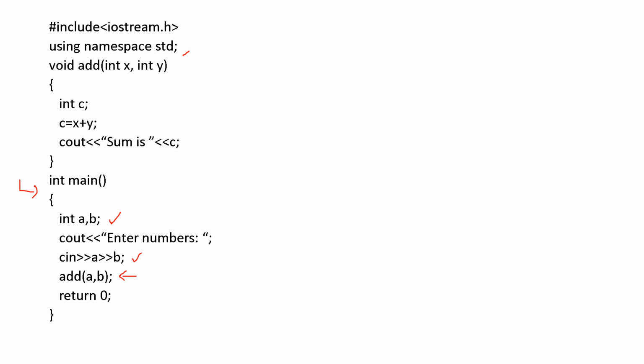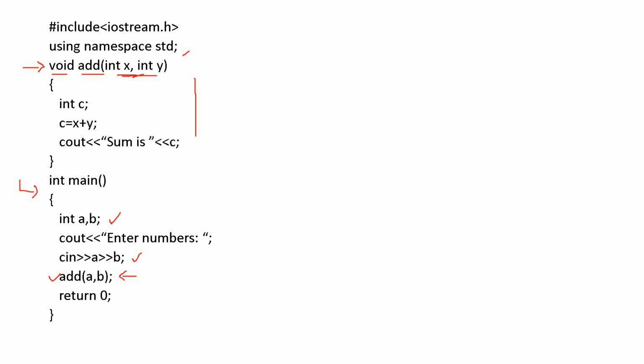The compiler will search for the function definition. Here the function has been defined, with void as the return type, and add is the name of the function, with int x, int y.